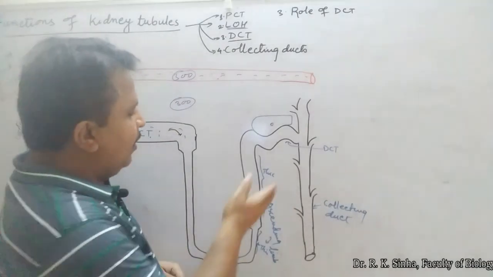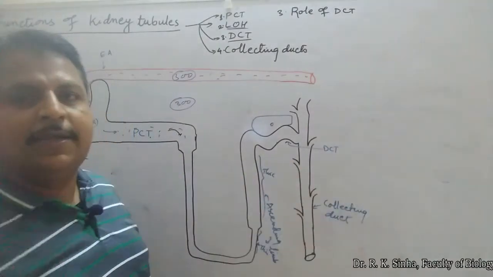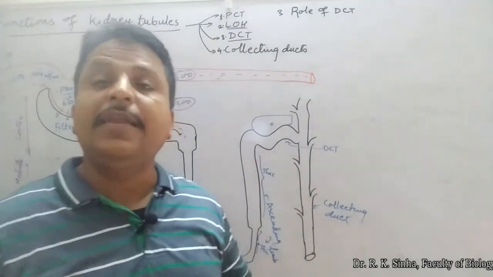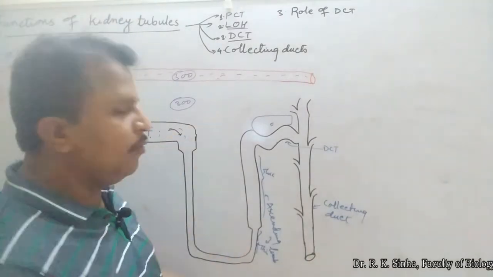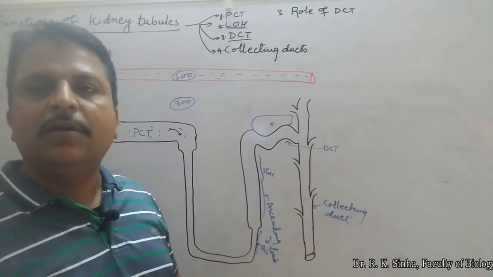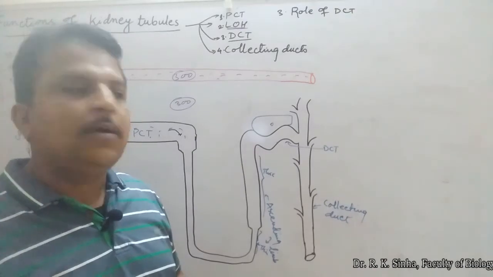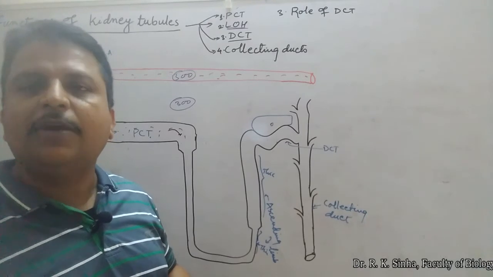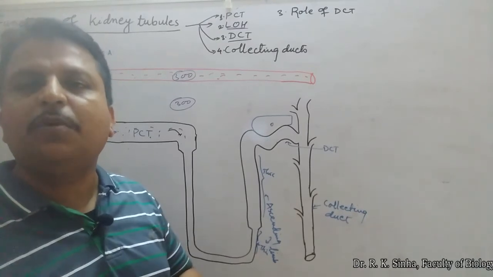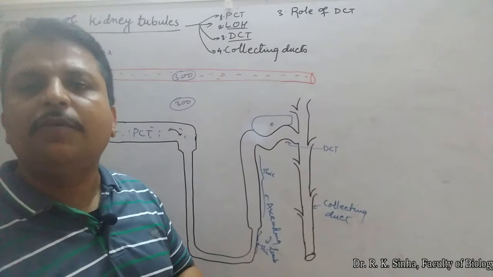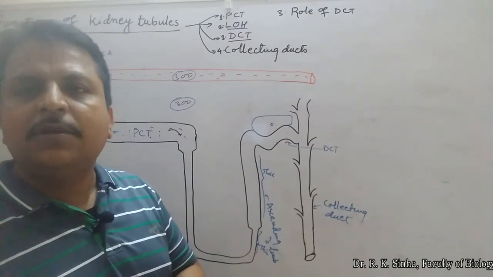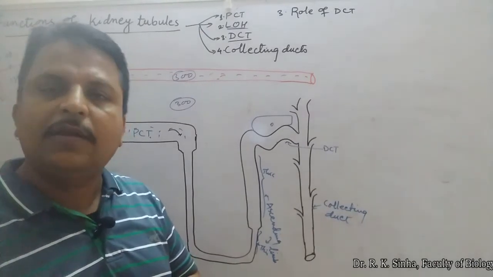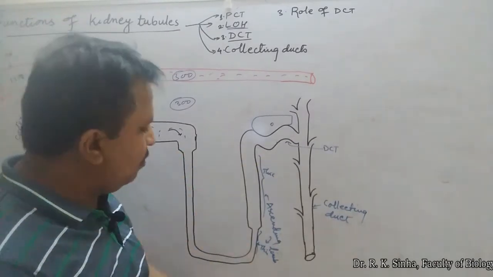Suppose we can dissect and remove this section of the nephron, the loop of Henle. What will happen to the concentration of the urine? Will the urine concentration be high or low when it passes out? Will the concentration of eliminated urine be higher or lower when you remove this?